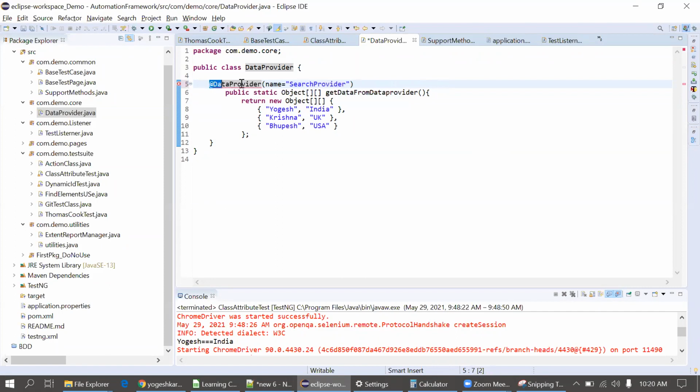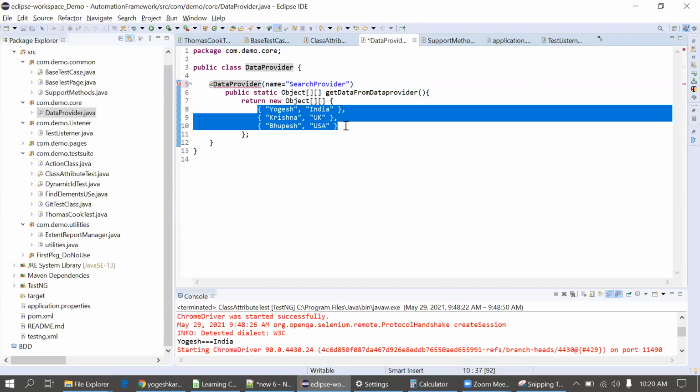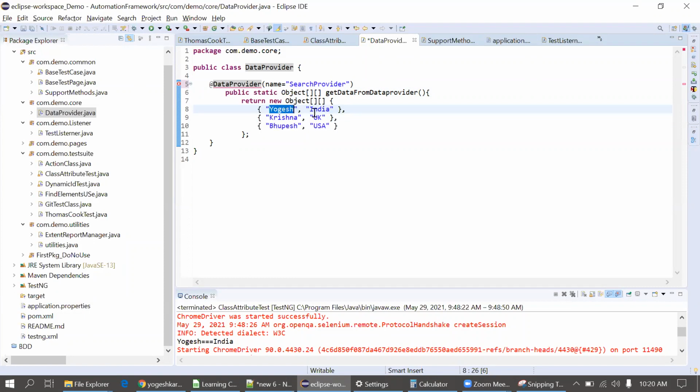So add @DataProvider, like @Test and @BeforeSuite. This is one more annotation in TestNG through which we can pass test data. This is actual test data for me. Now it's hard coded. We can directly pass this to the test case, and the test case can use it to proceed. Suppose you are passing a username and password here: if I type a username and password, we can use the data provider at the test case level, and the test case can consume it to execute the test case.